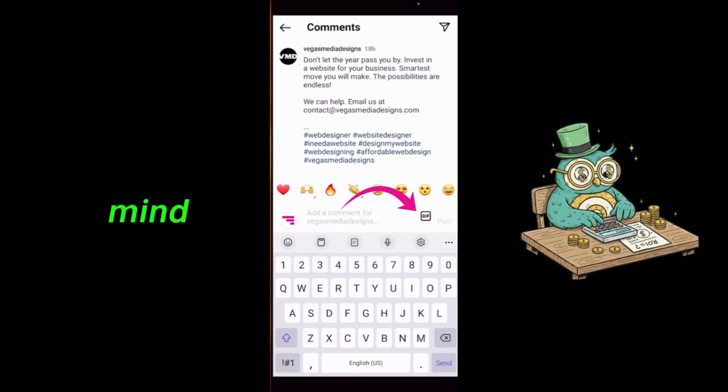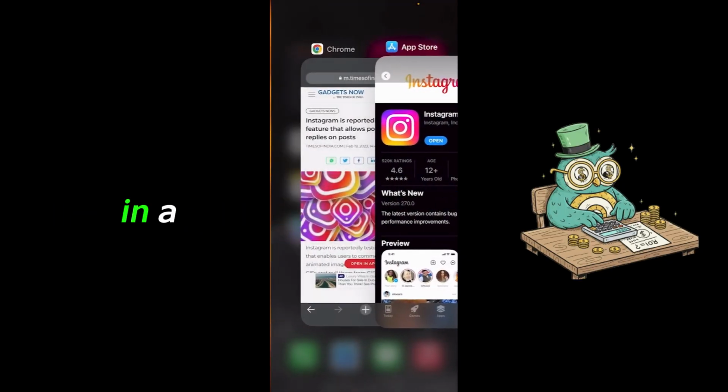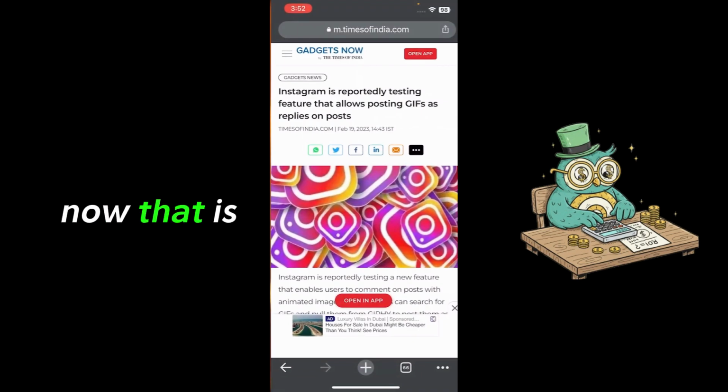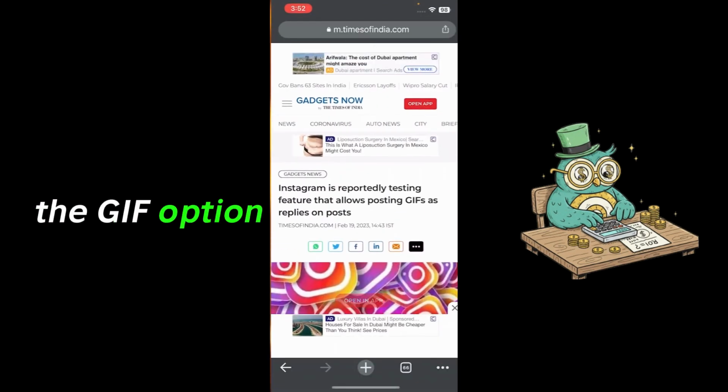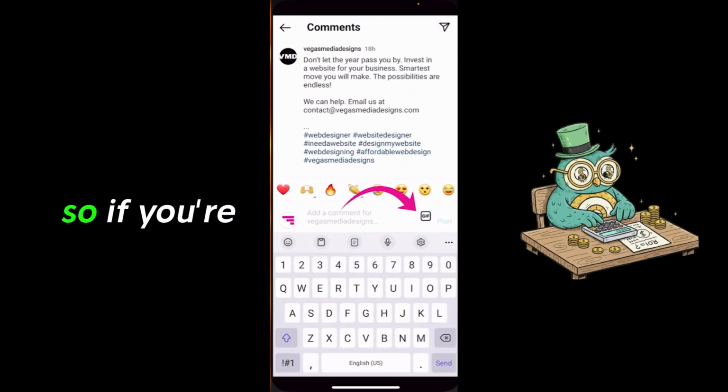you need to keep in mind that this option might not be available to you yet because this is a latest feature that Instagram has introduced, and it is also said to be in a testing phase now. That is why a lot of people cannot actually see the GIF option on their Instagram app. So if you're not seeing this option, then you will just have to wait for it, and it will be available soon. So some people are actually seeing this option, and once you do, it will be available just here